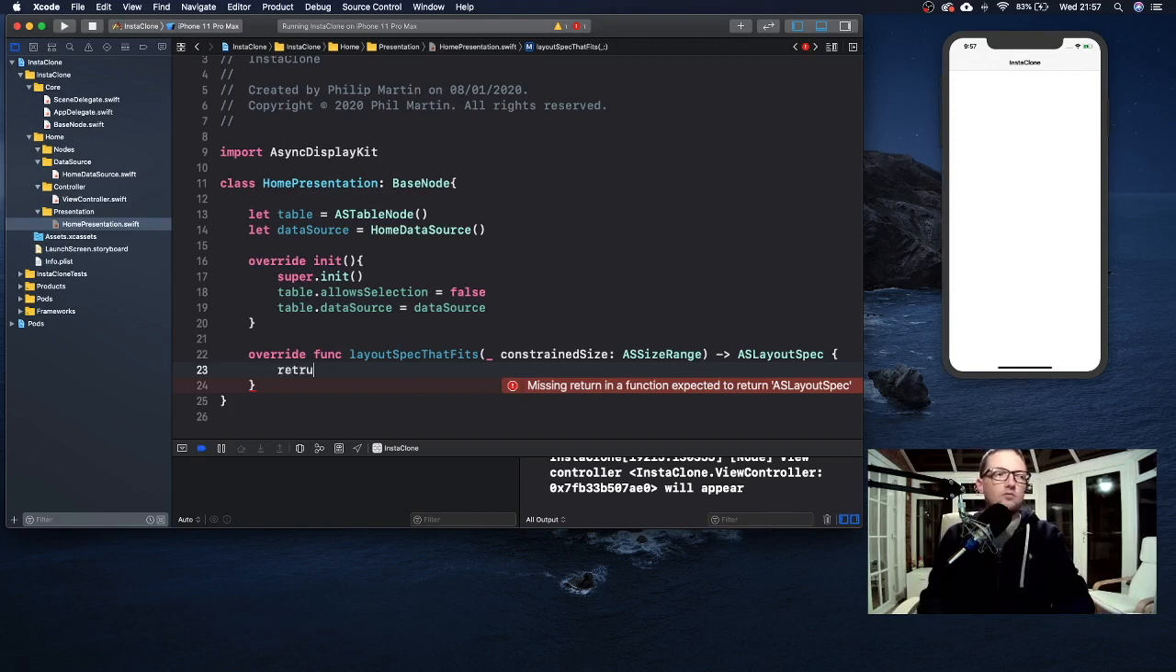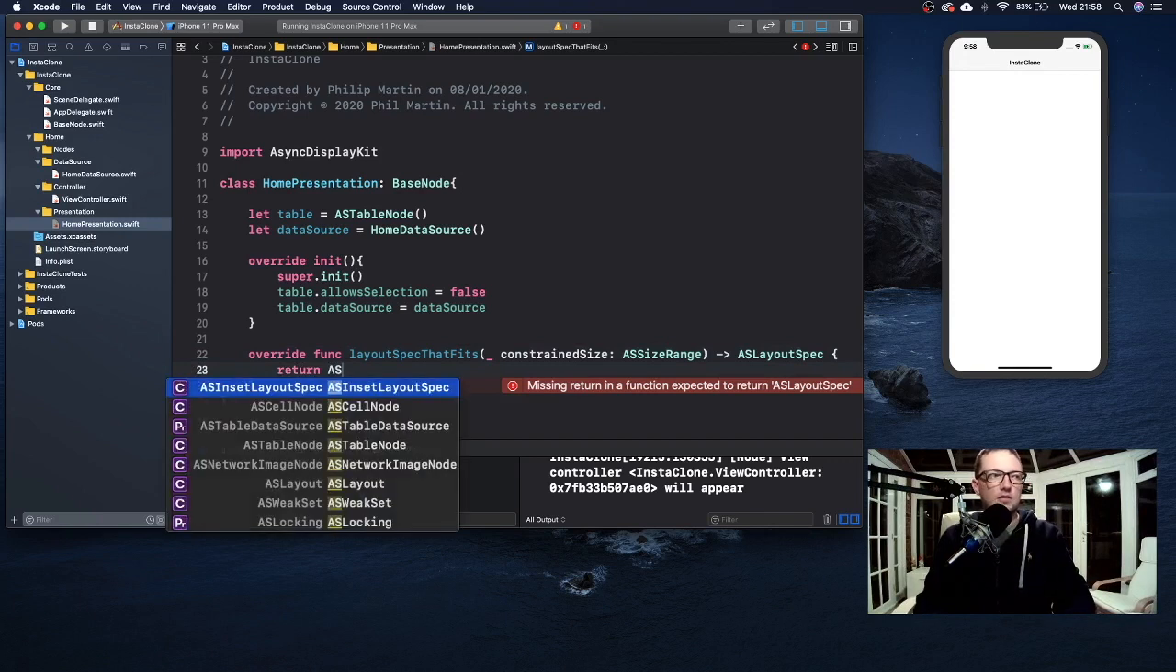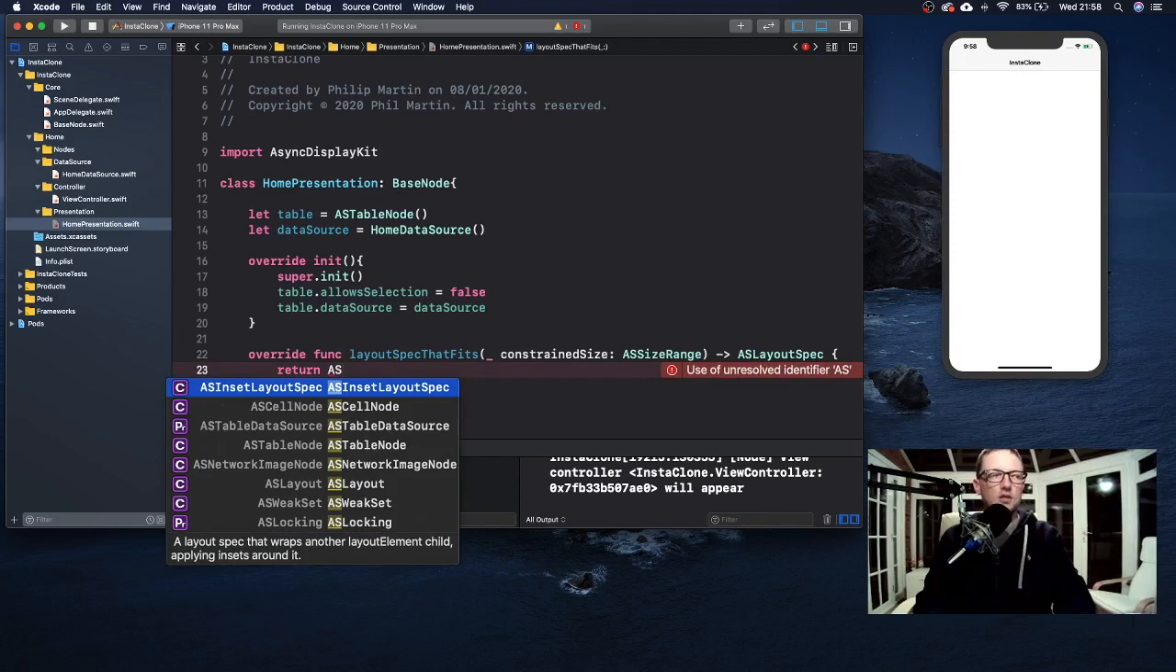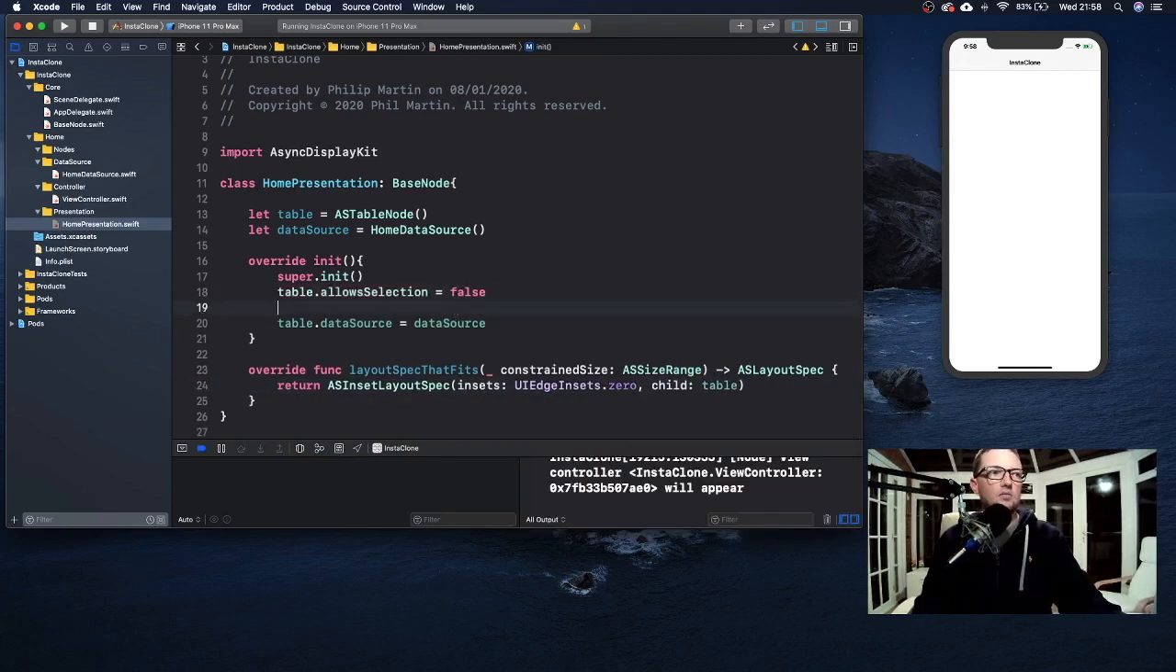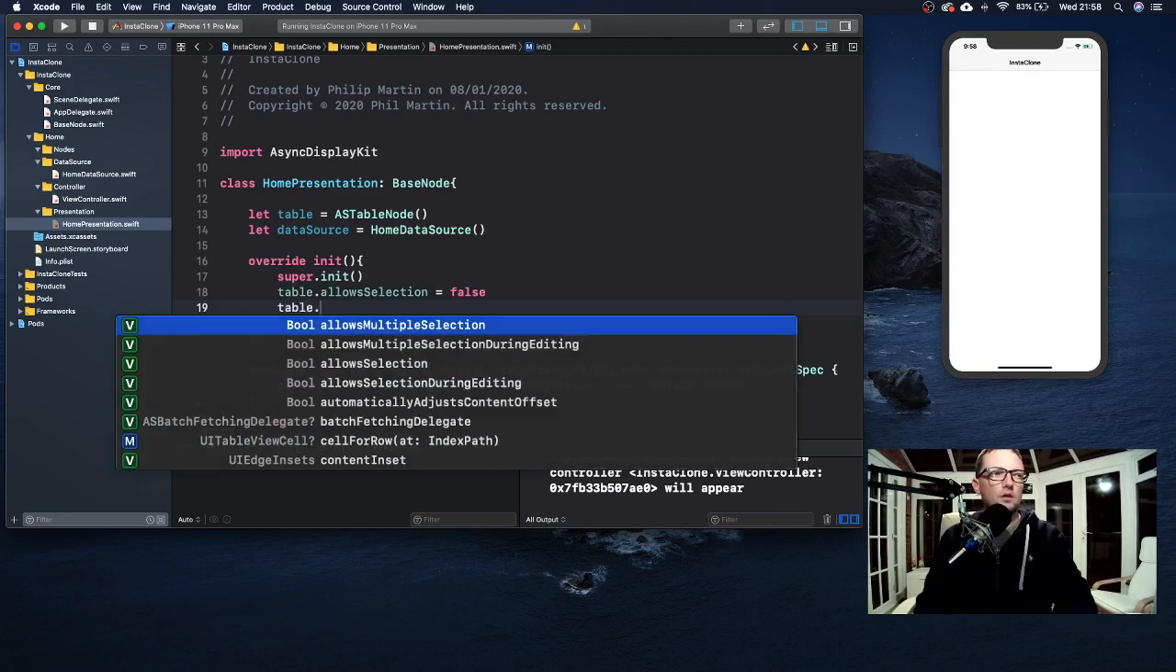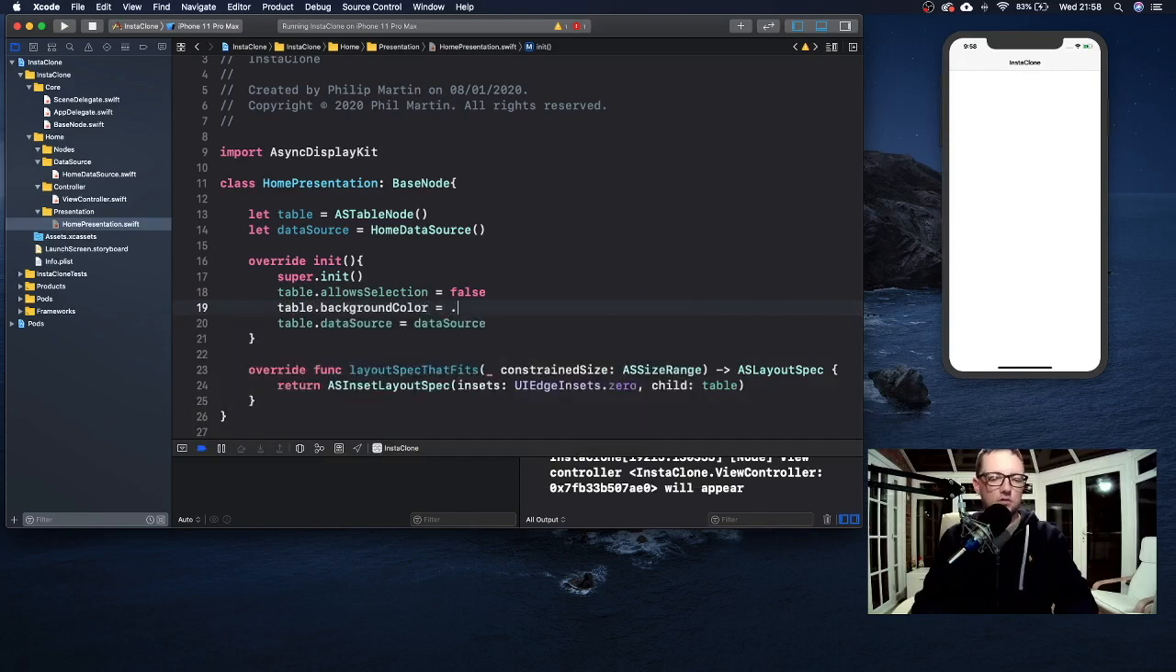So here we need to return an ASLayoutSpec. So we need this table to take up the full screen. We'll do the same process as what we did in our view controller. So we'll do ASInsetLayoutSpec, and then here we'll do UIEdgeInsets.zero, and then our child is going to be our table. So to make sure that that is working, we'll do table.backgroundColor equals .red,